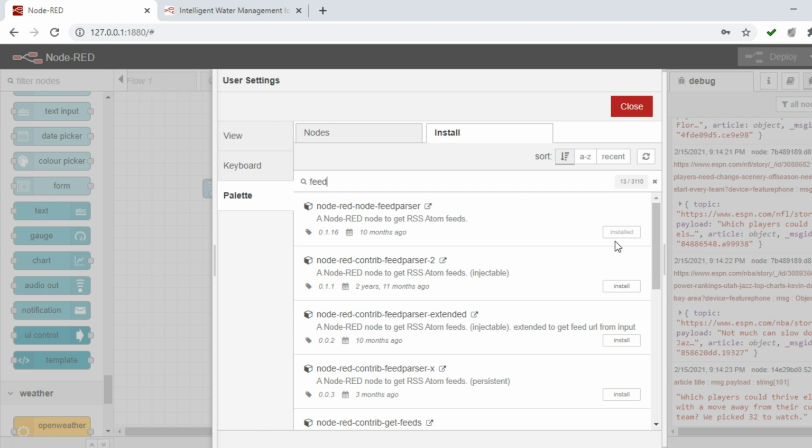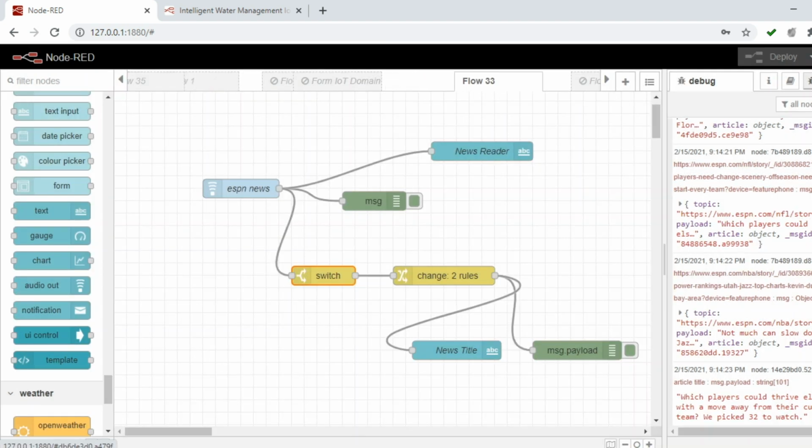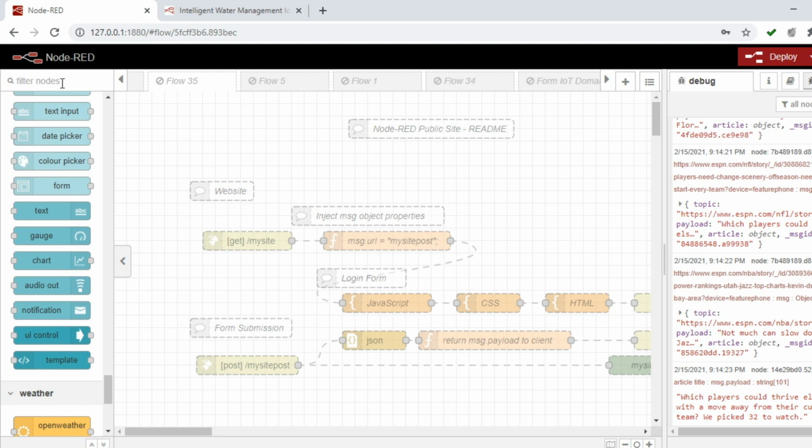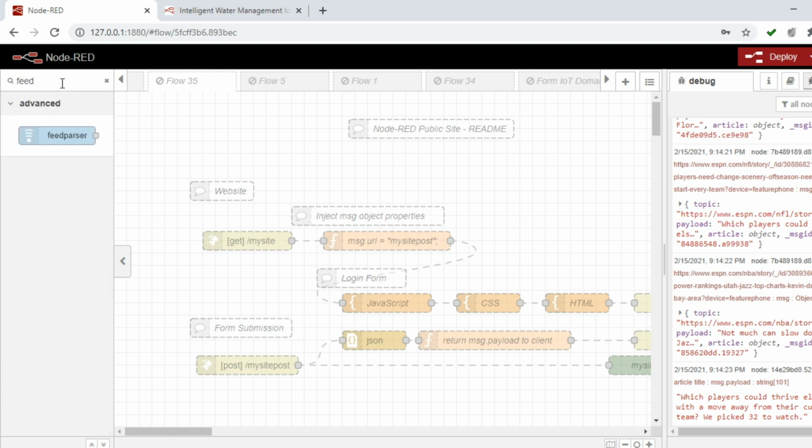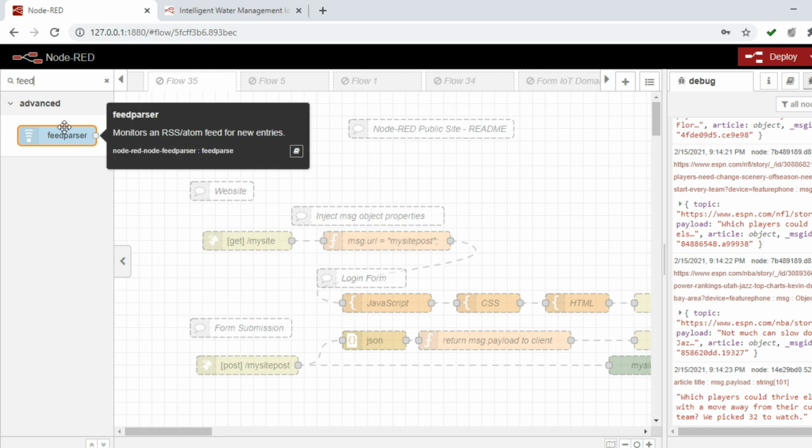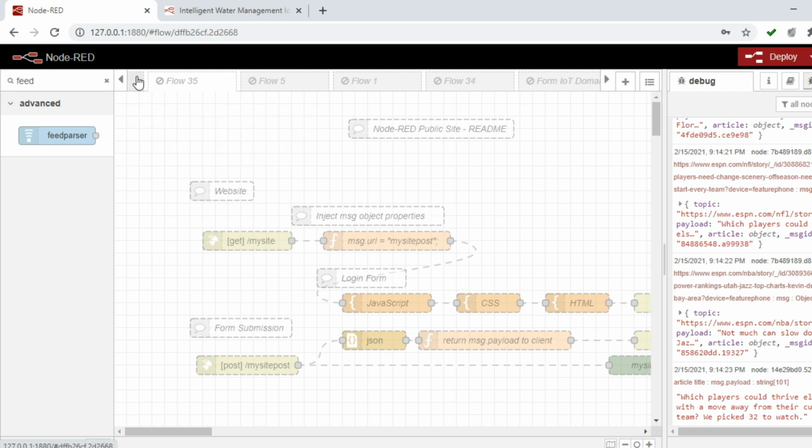For beginners or first-time installers, it will show install like this. Then you just click install in order to install this feed parser. Then close it. Come to the node palette and type feed parser. It will pop up, so you can select it.